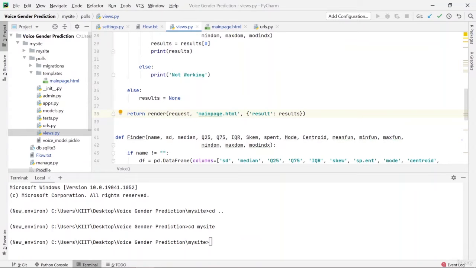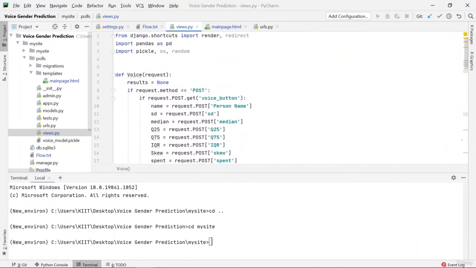And if you're sending some information from backend to frontend, you can do that through context. And by context, I mean this. This thing is called context, where you're defining your information in the form of a dictionary.